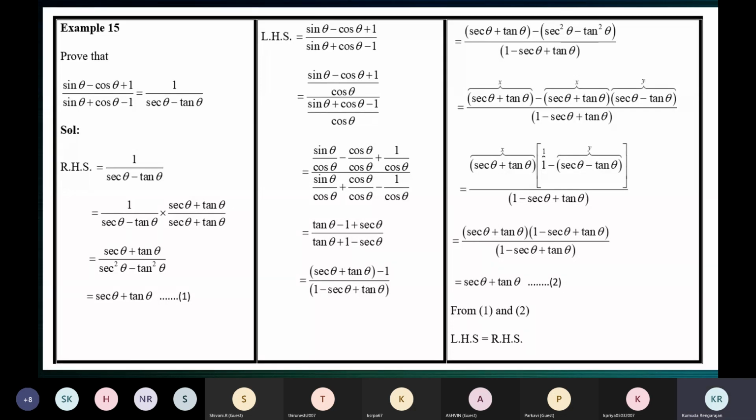And after this, don't disturb the denominator. Write it as it is. In the numerator, in place of 1, I've written secant theta plus tan theta in one bracket. And this minus 1 outside here. Secant theta plus tan theta minus 1. Now this 1 is going to be replaced with secant square theta minus tan square theta, because we have secant theta and tan theta here. So we're going to write 1 as secant square theta minus tan square theta. Please remember there's a minus. It's minus 1. So minus and 1 is secant square theta minus tan square theta in a bracket.